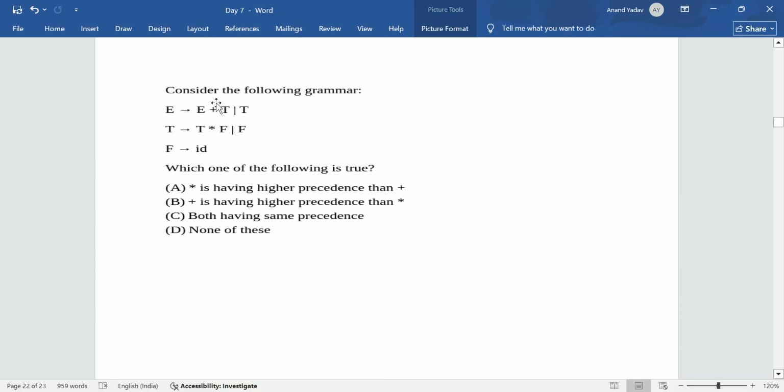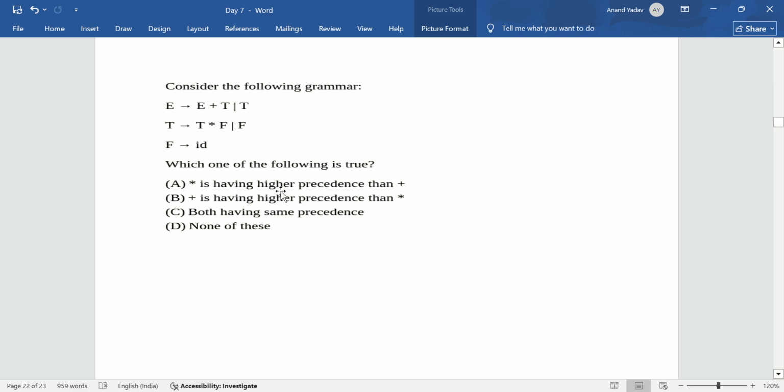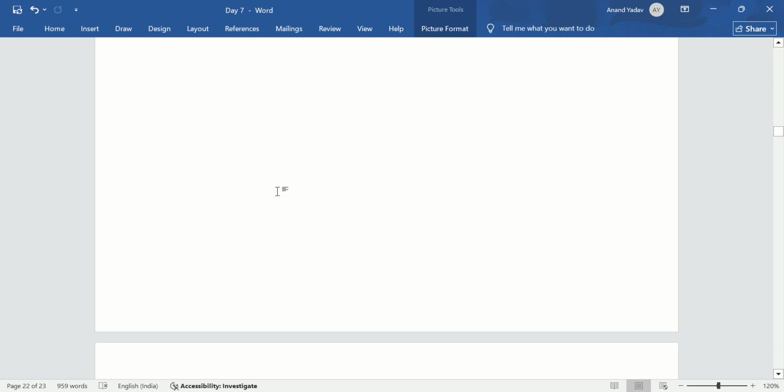Now next one is, consider the following grammar. Production E goes to E plus T, and T goes to T cross F, and F. So star is having higher precedence than plus. This is true. Plus is having higher precedence than star. Only option A is true for this question, because T star is at the bottom, so star is having higher precedence. Now next question is,